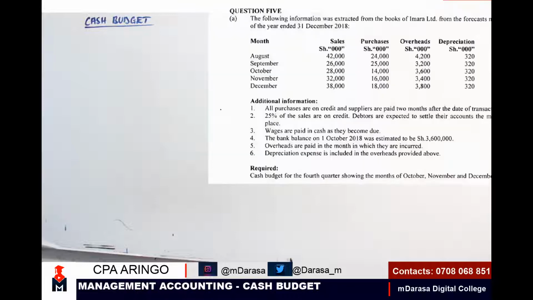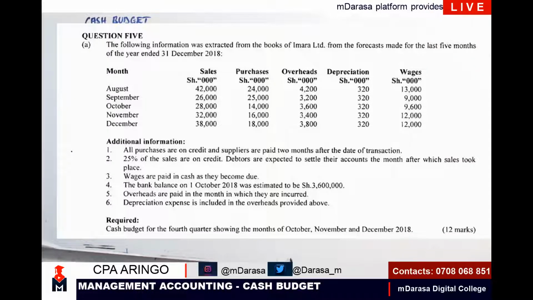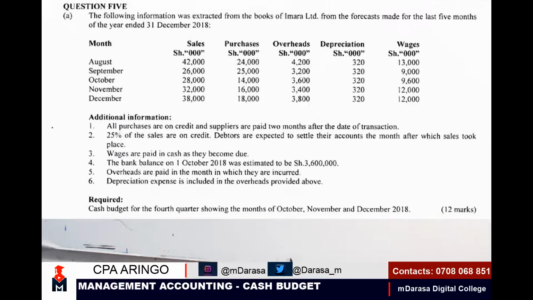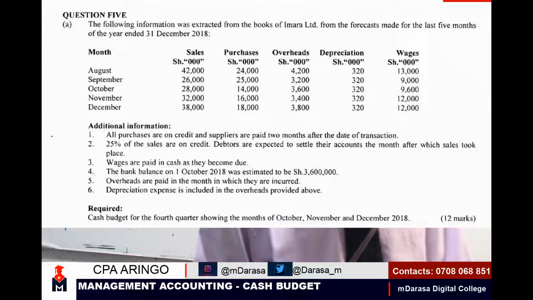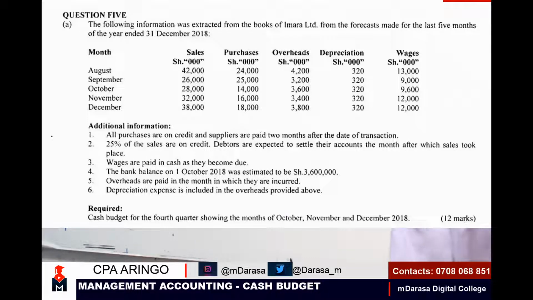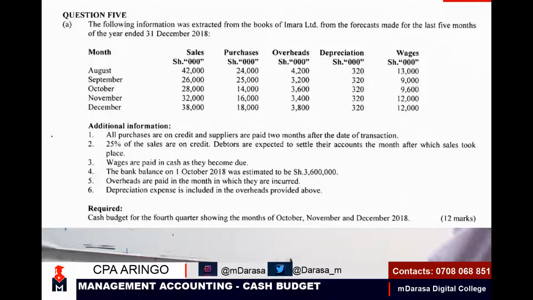clearly. And the question that we are going to handle, I'm going to share here so that you can have it. You'll find that, just as we had mentioned earlier on, anytime you're talking of cash budget it is always a simple concept, so long as you are able to master some of the key areas. You know very well that anything that is going to be considered in our cash budget should be in cash form. So any expenses which are non-cash will not be considered in our cash budget, for example depreciation. Depreciation is a non-cash item, so it won't be considered in our cash budget.